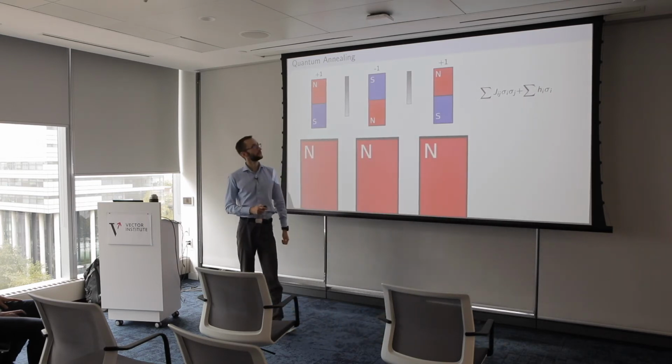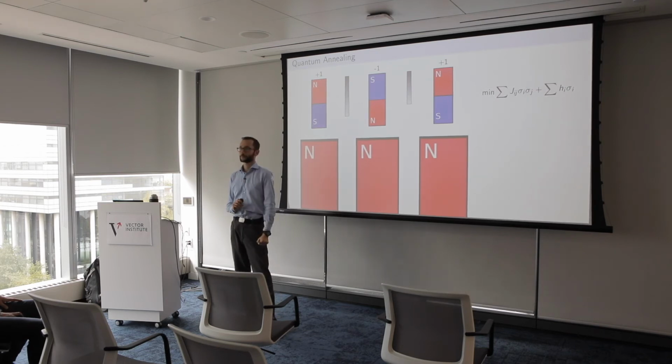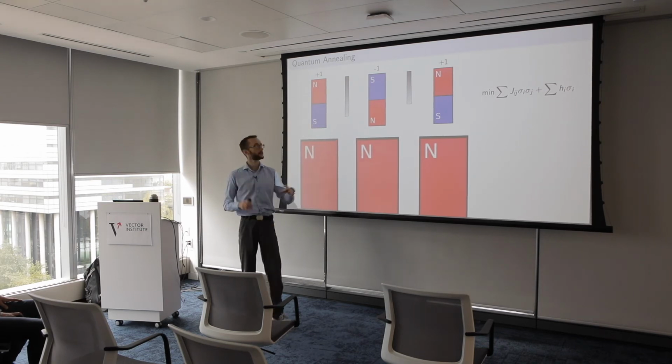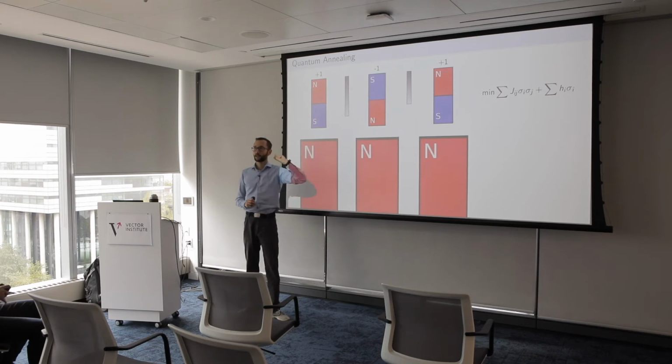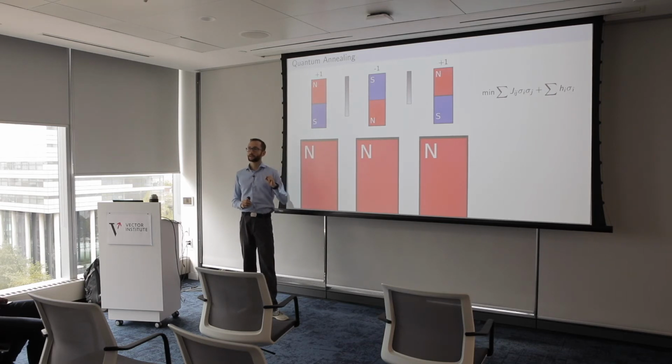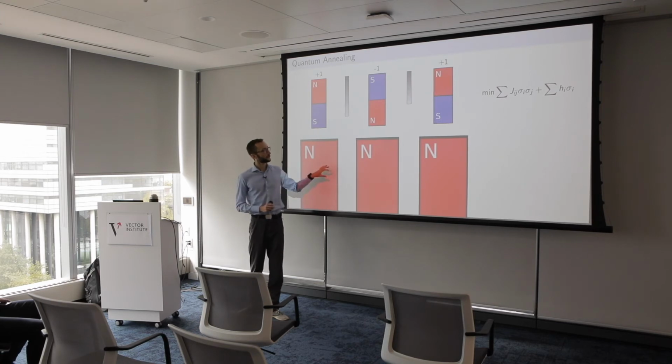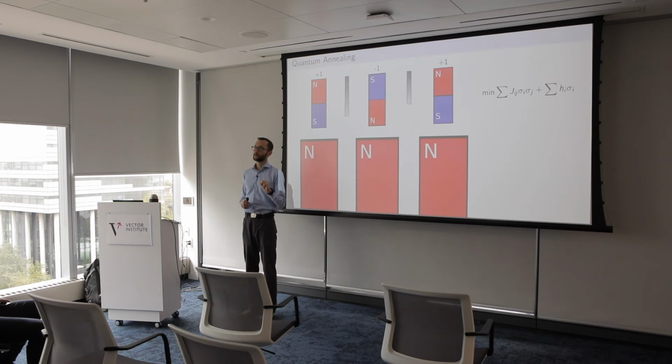And what nature tries to achieve is an energy minimum. So you try to minimize the energy of your overall configuration. And it turns out that this can be difficult to do in some settings. For instance, if all of your external fields and these couplings are roughly on the same scale, then it's difficult to determine which is the optimal configuration of all of your magnets in a system.